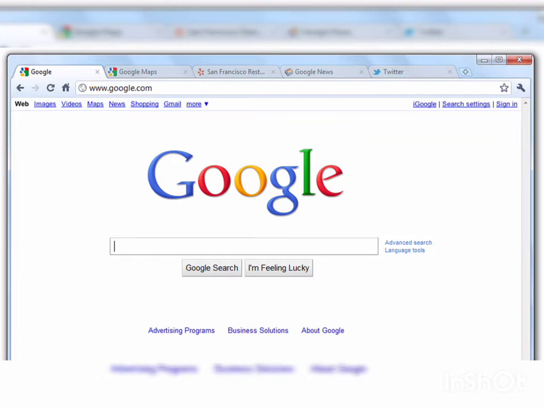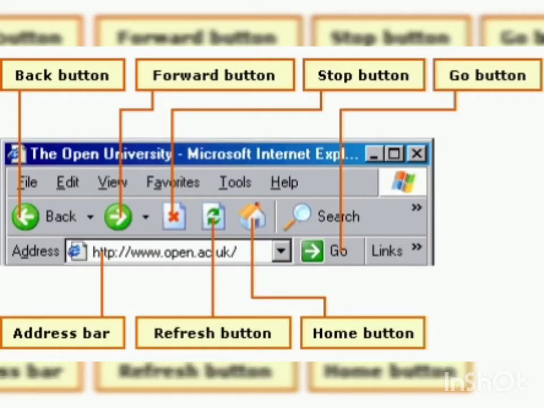Now a web browser has different options like back button, address bar, refresh button, home option, forward button, stop button, go button, etc. In today's class, we will discuss some of them.